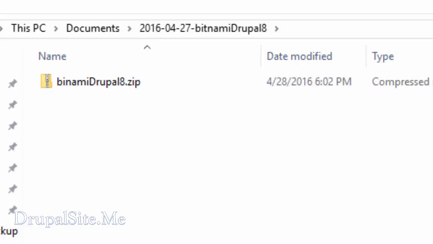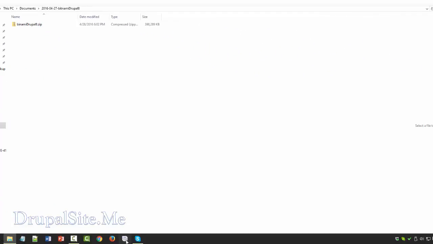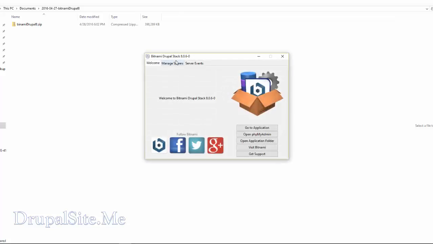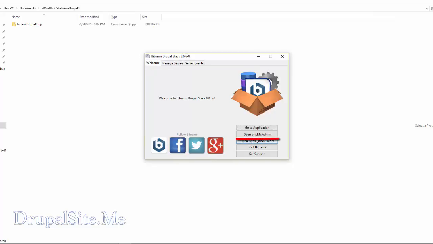To access your database, first you need to start the services. So let us start the Bitnami control. Yes. And make sure the services are starting. Start all. It is yellow, and when it is green, the database and Apache service are running. Right. Now you go here, see Open phpMyAdmin. So you can access the database using this phpMyAdmin tool. Open there, click on that.